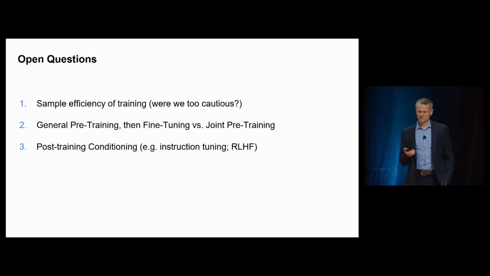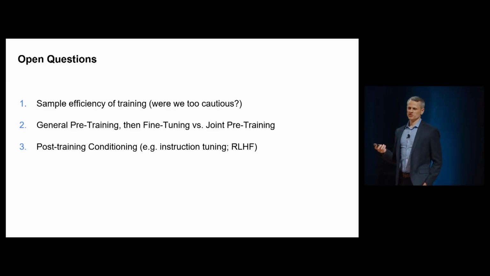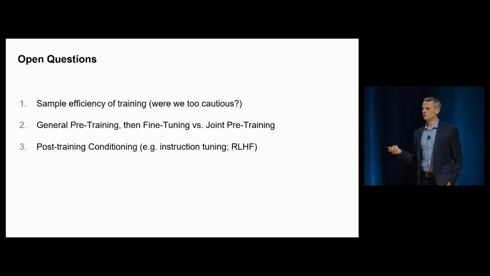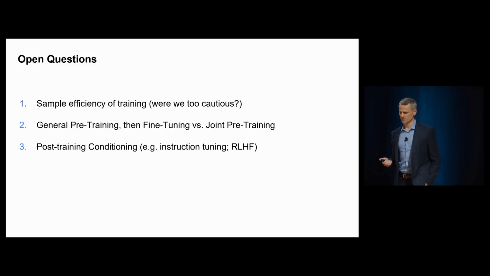Okay. So with that, I'd love to say just 3 more directions that we're thinking about, and then open it up to questions. So one is, did we lose some efficiency in training by being too cautious on the stability stuff? Maybe we had lowered the learning rates too much, and maybe that's why, for example, we stopped learning. That's an open direction for us to investigate.